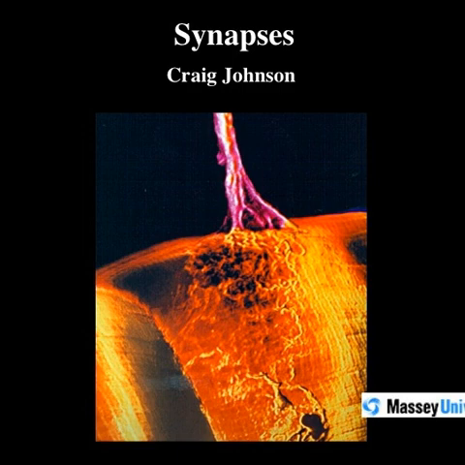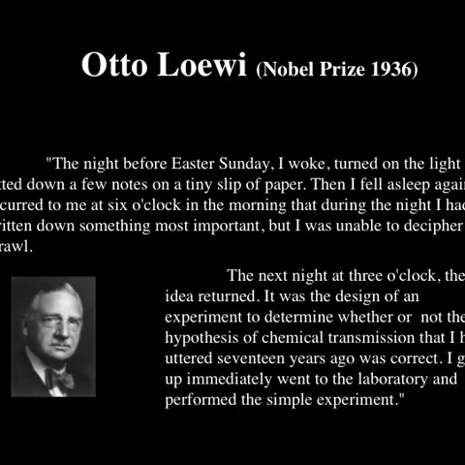And this is an image of a neuromuscular junction, deliberately so, because the neuromuscular junction is the synapse about which we know the most. So even though there are lots of different kinds of synapses and lots of different flavours to them, most of what I will be saying this afternoon is generalised from the neuromuscular junction. You'll find synapses that are different to the neuromuscular junction, but the NMJ is the kind of standard: this is what a synapse looks like, and this is what it does. Let's start by looking at the case of Otto Loewi.